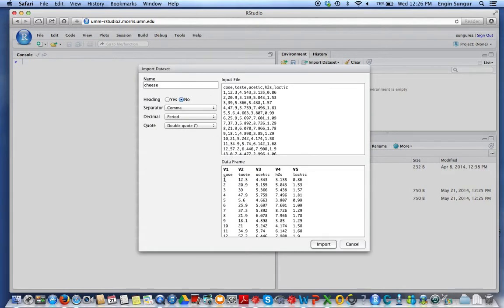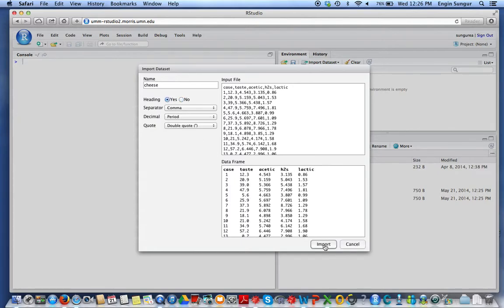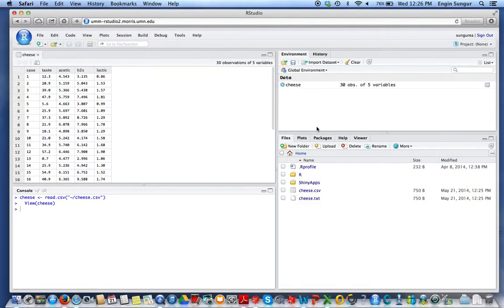If you have a heading, which in this case we do, don't forget to click Yes and Import. As you are going to see in this window, you will be able to see your data set. Also on the console it will say the data frame called cheese is ready to use. Let us do the same thing for the second text file,